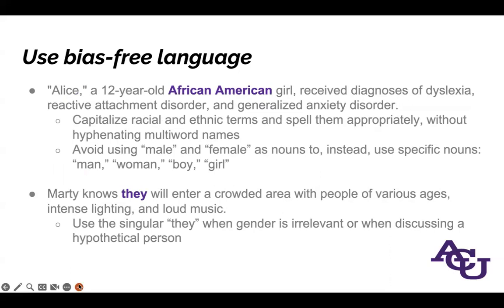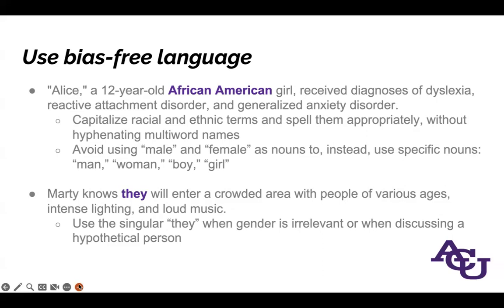Okay, the next tip applies to using bias-free language when referring to real or imagined persons. For this tip, we'll look at bias-free language for one real person, our friend Alice, and an imagined person named Marty. So Alice is a 12-year-old African-American girl, and she received diagnoses of dyslexia, reactive attachment disorder, and generalized anxiety